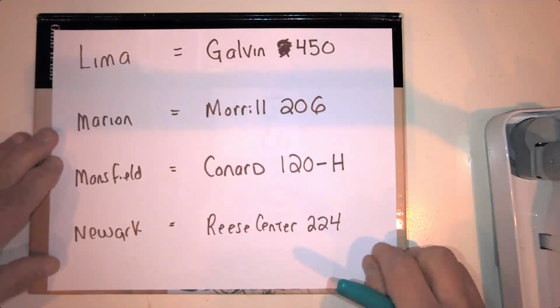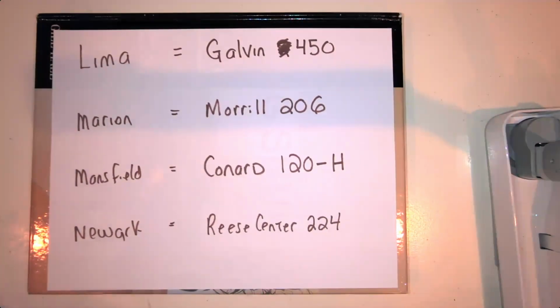And there's where the classrooms are. So if you are a Lima student, you would go to Galvin room 450. Marion, go to Morrill Hall, room 206. Mansfield, go to Conard Learning Center, room 120H. And at Newark, you would go to Reese Center, room 224. So make sure you mark down and know what room you're supposed to be in next Monday, starting at 5:30